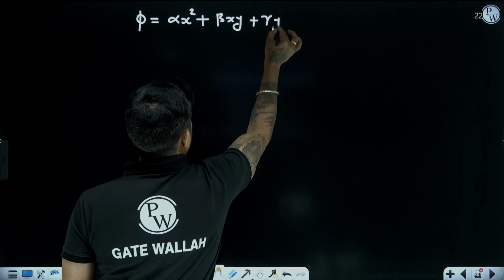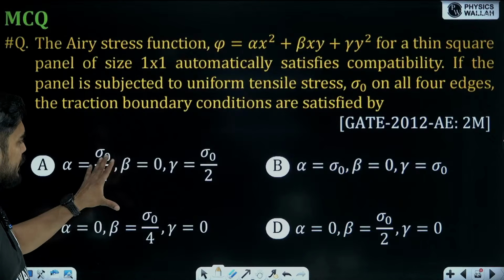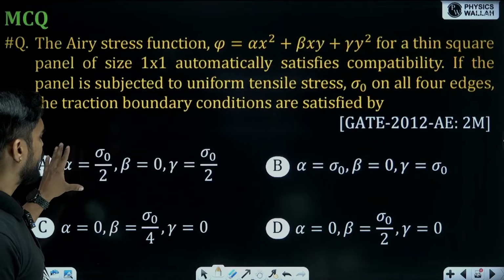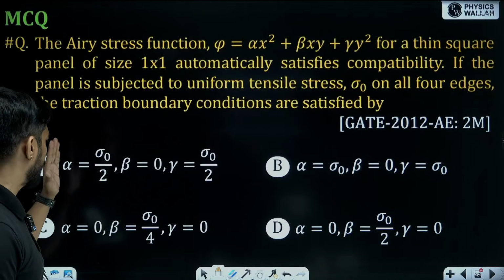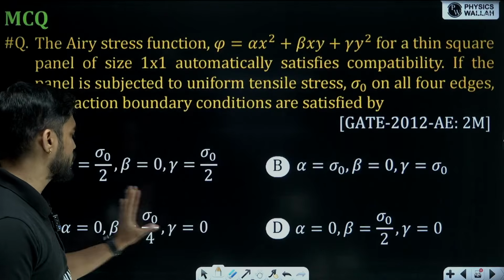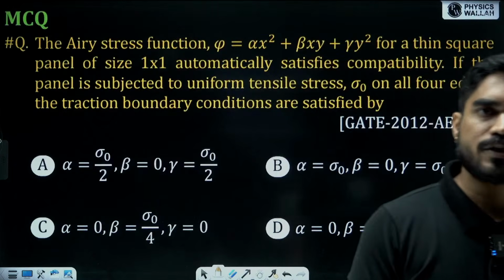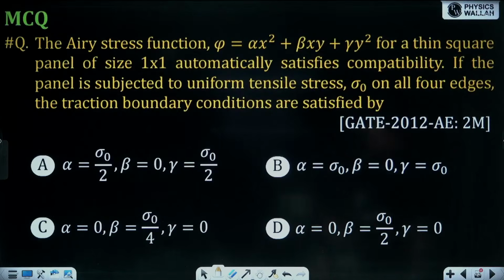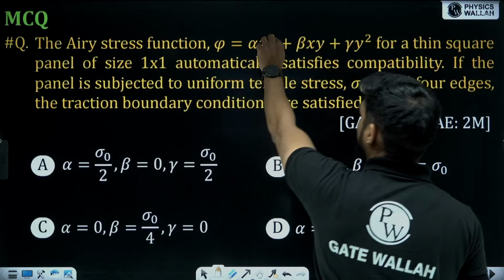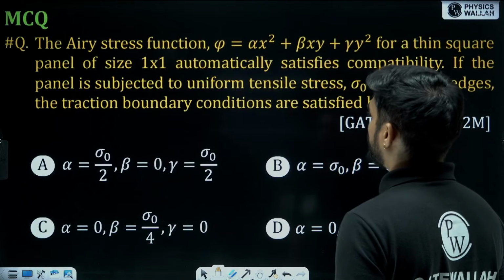Now you have two options to solve this problem. One, you can either use the elimination method. What does it mean? It means that you can eliminate these options, whether it is satisfying the compatibility equation. So by eliminating one by one all the wrong options, you will get the right option. Or you can directly use the compatibility equation to find the values of alpha, beta and gamma. Okay. So what is the compatibility equation? See.